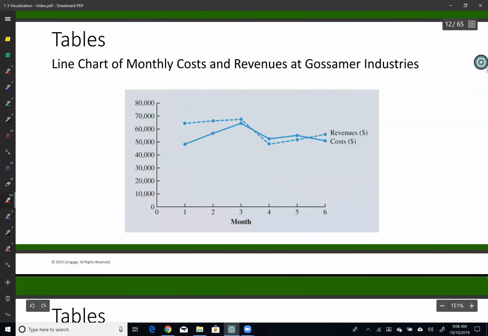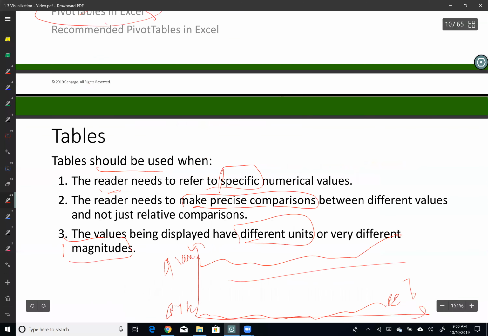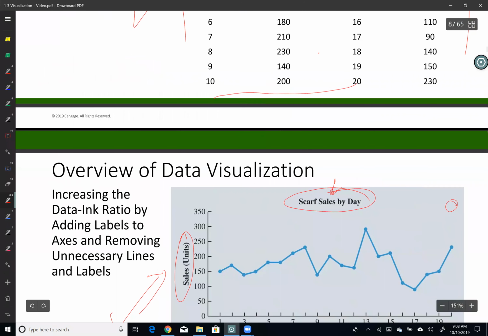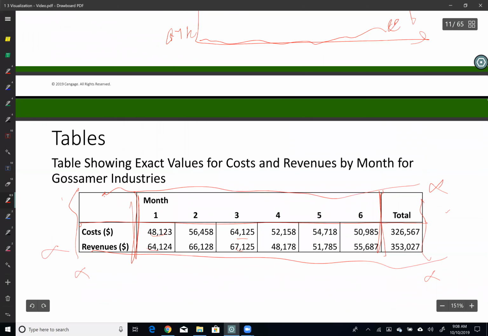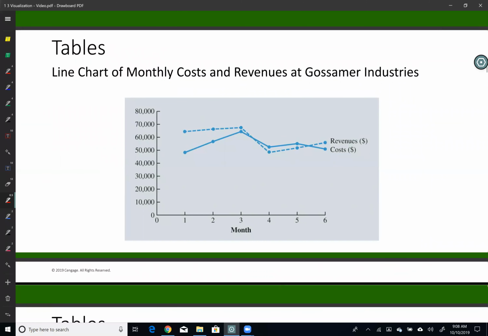All right, so let's take a look at the line chart of monthly cost revenues example. Again, this has a high data-ink ratio. Our goal, if you go back, is a high data-ink ratio: I want high data, less ink. This is high data and low ink, but this doesn't mean it's great, because